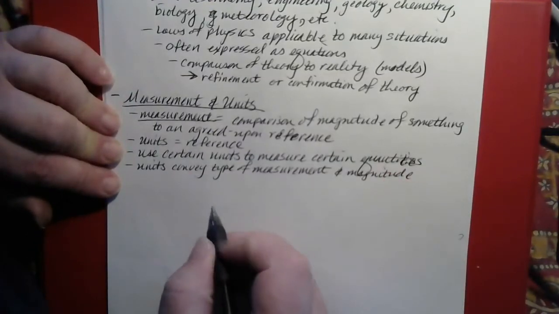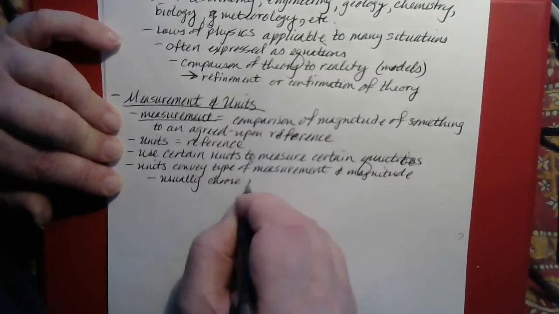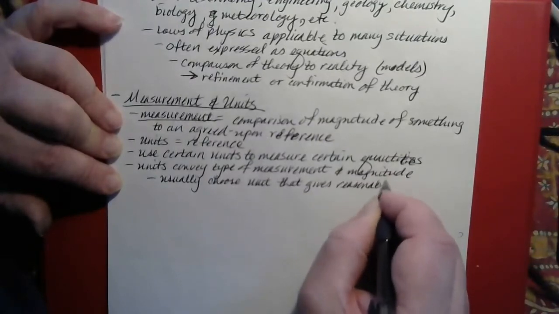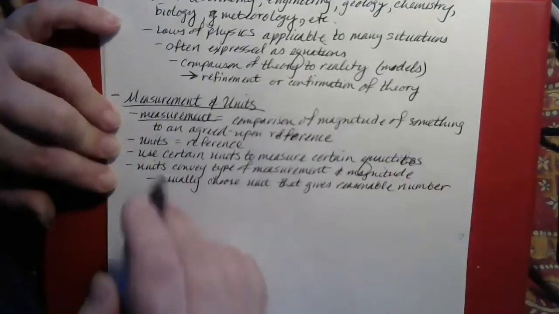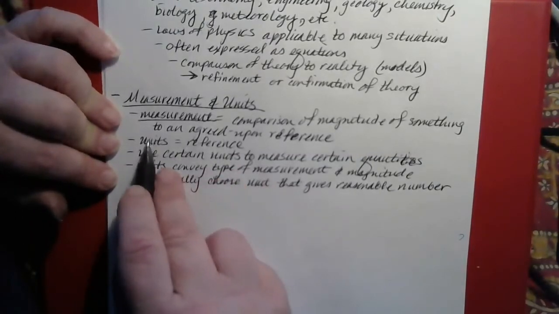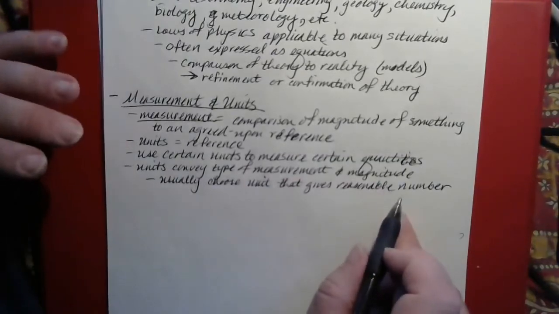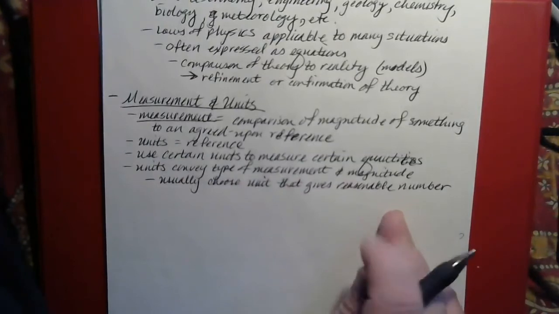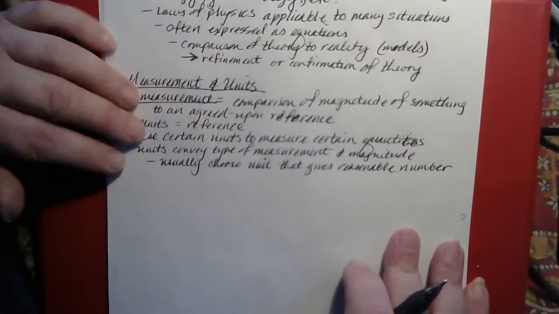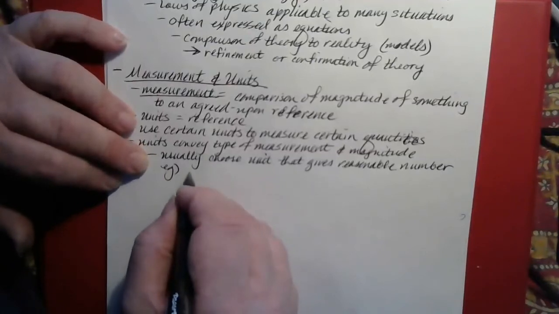Okay, so for example, each measurement will normally consist of a unit, which is the reference, and a number. That is how many units are equivalent to the quantity you're measuring. So usually you want to choose a unit that will give you a reasonable number. For instance, if you're measuring the length of a pencil, you're probably going to do it in inches rather than yards, because if you do it in yards, you're going to end up with a really, really small number. Or in even more extreme examples,